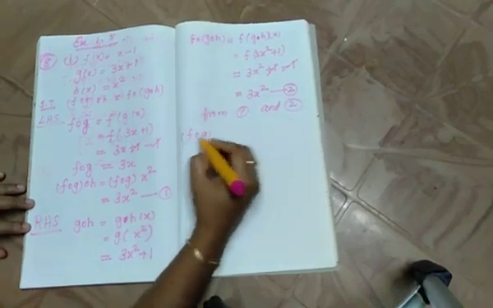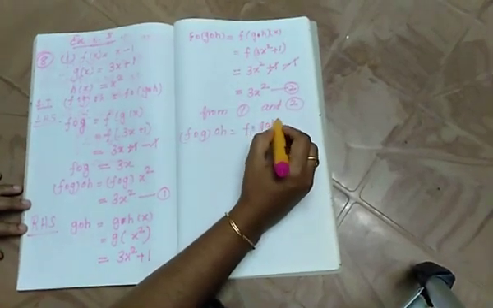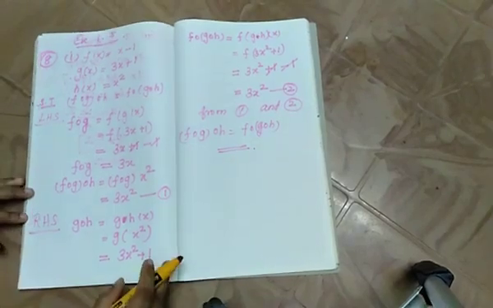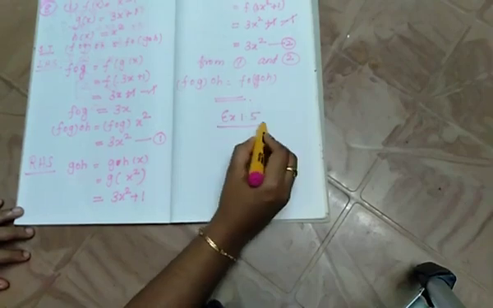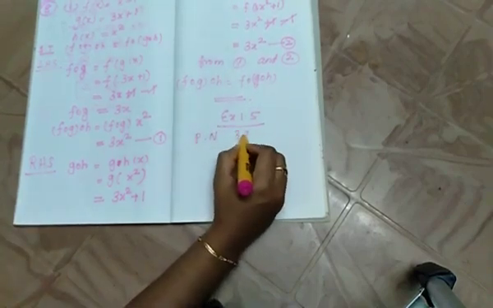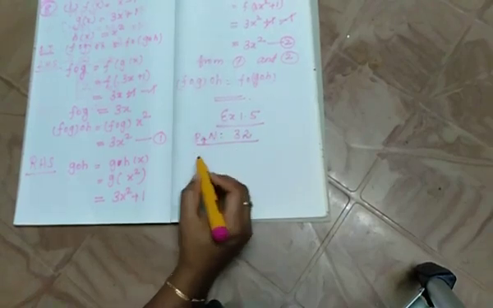F of g of h is equal to f of g of h, hence true. So that the remaining in exercise 1.5, page number 32, okay, page number 32, problem number 8,